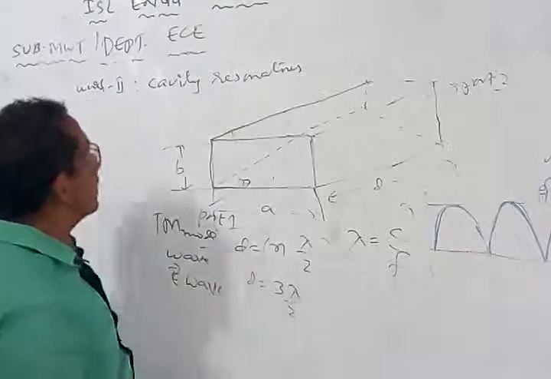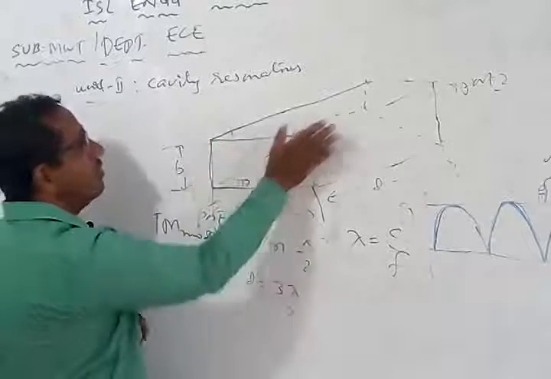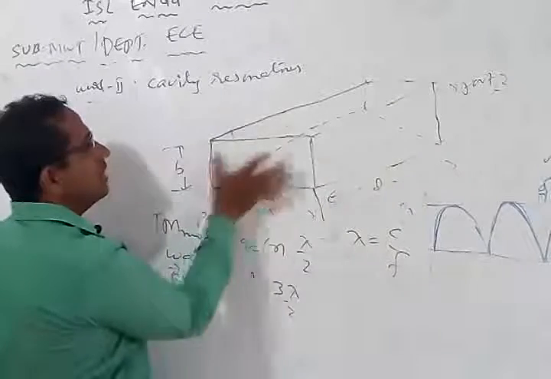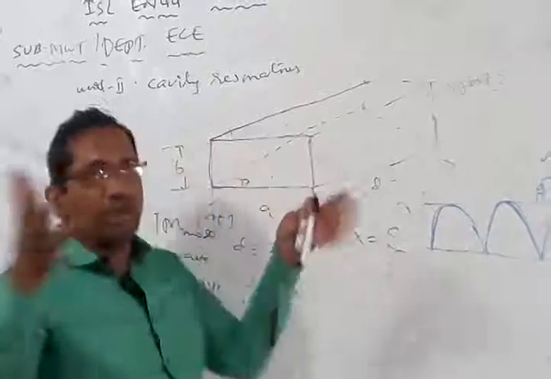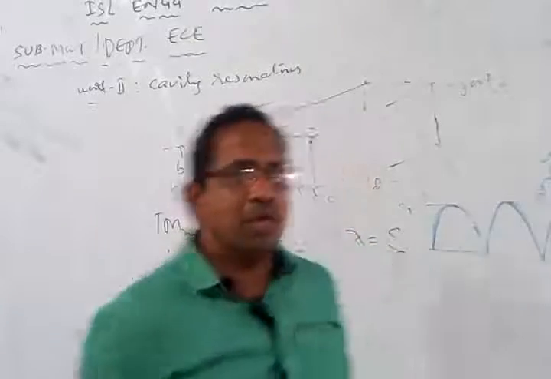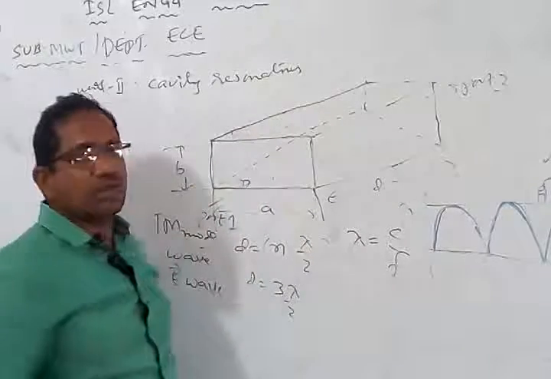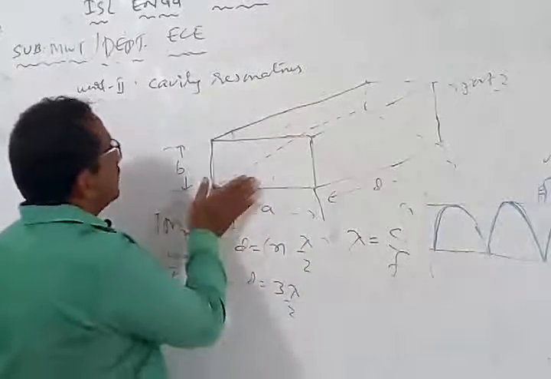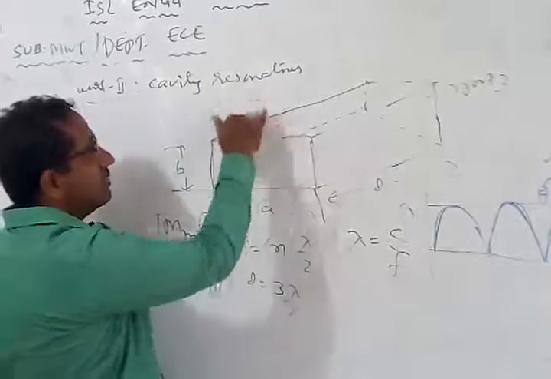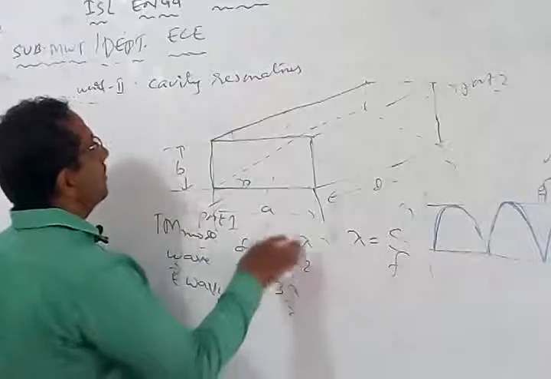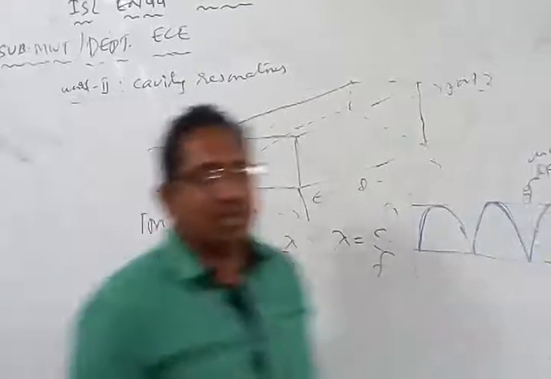Now what kind of resonator is it? Cavity resonator. What is the meaning of cavity? If you see this carefully, there is a hollow space between one end and the other end. It is something like a water pipe. In a water pipe, between the two ends, definitely you are going to have an empty space. Similarly here also you have an empty space, which is known as a cavity. Since these oscillations based on resonance have been developed using the cavity construction, we simply call it a cavity resonator.